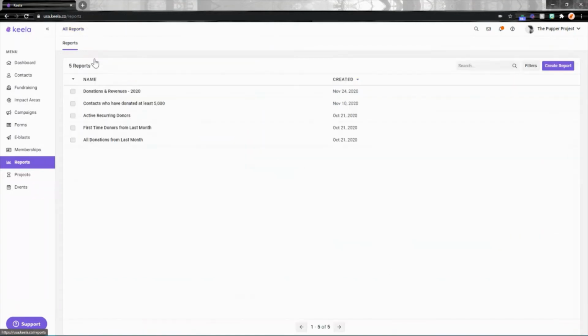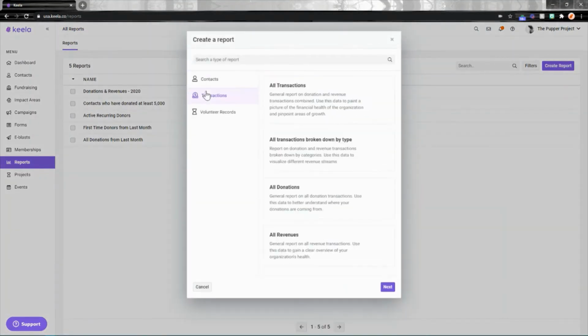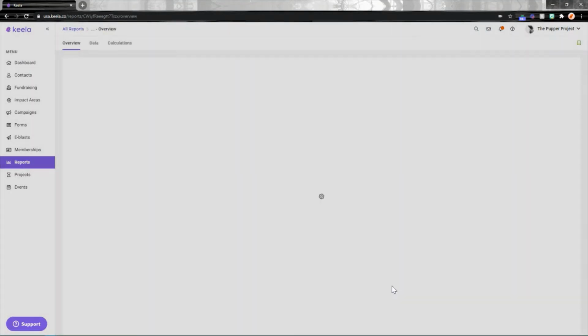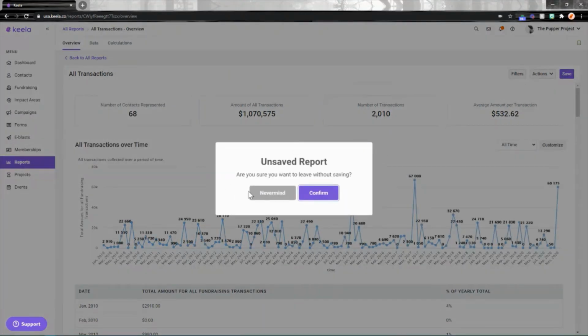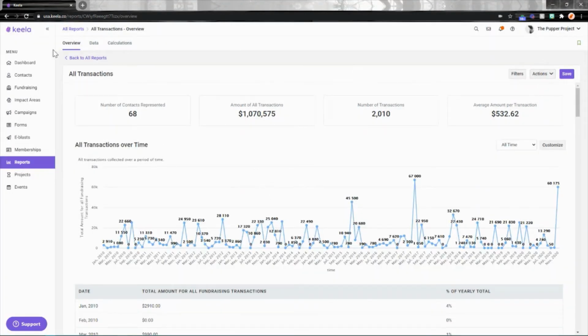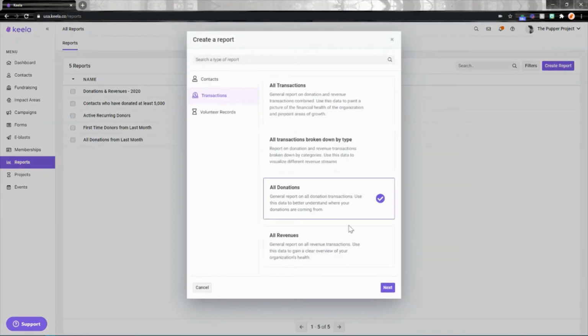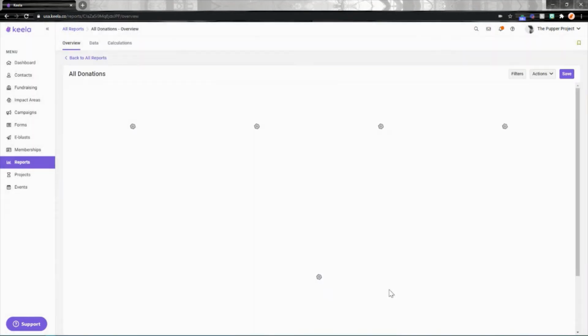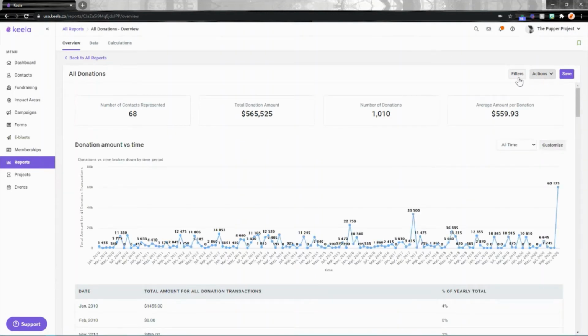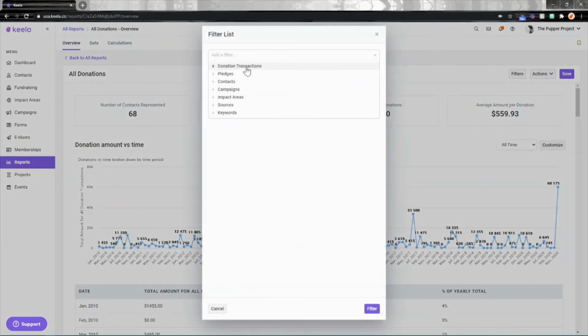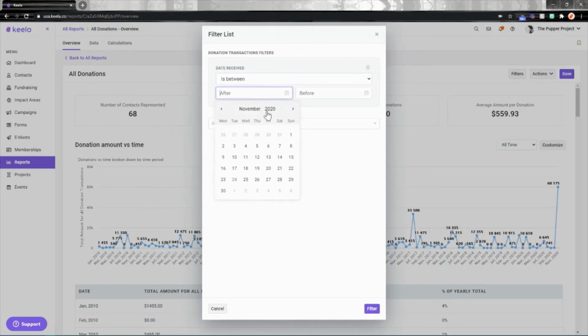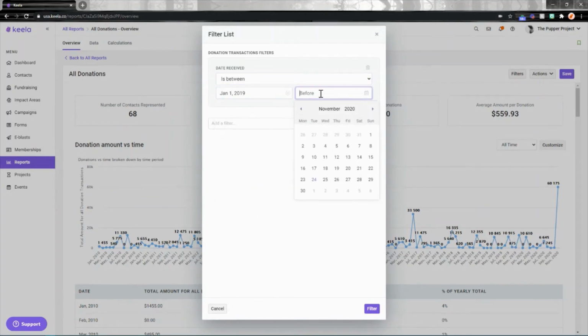All right, let's go back to reports. I'm going to create another one. This time, let's look at 2019, but similar principle. Oh, actually, while I'm here, let's go back. I'm going to create a new report for donations, just so you can see the difference. So now we're looking at all donations in 2019. This is going to be fine. We'll get a date received on here and put it between January 1st, 2019,